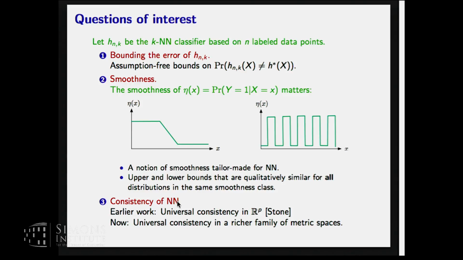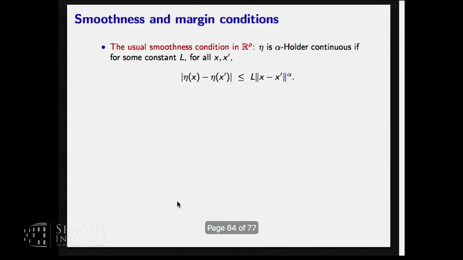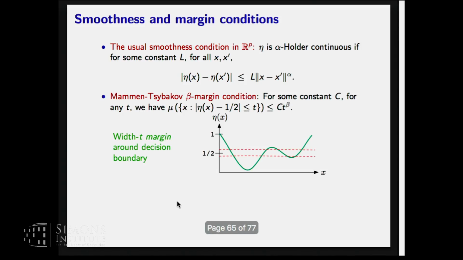Let me just talk a little bit about smoothness since I don't have much time. So how do we parameterize smoothness? The usual way to do this is this sort of Holder condition. Alpha equals 1 means Lipschitz. And then there's another thing that matters. So this just says that eta doesn't change too fast. The other thing that matters is that,